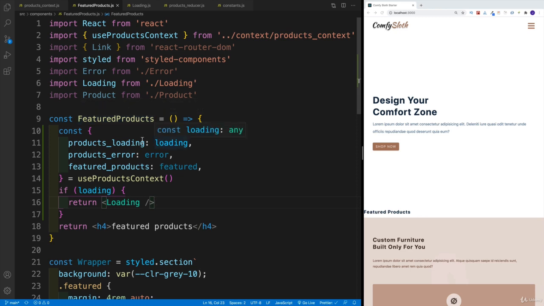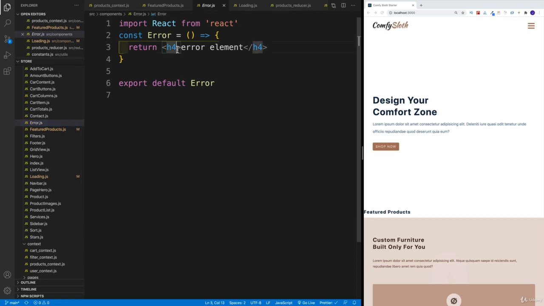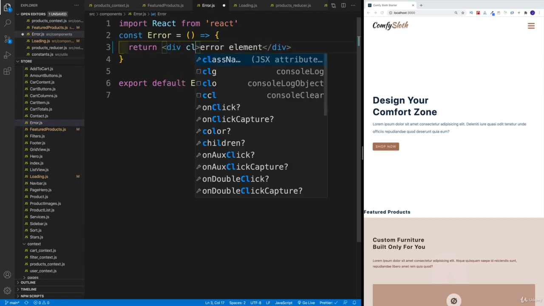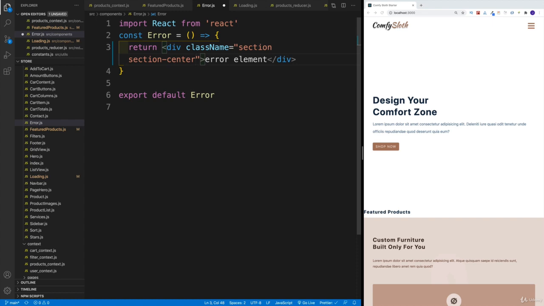So before we maybe set up the error in a featured one, we might as well just navigate there. Where is our error? Error, where you are. And it's right above. And as far as the error, same spiel, we'll go with div. And then a few class names here. There's going to be a section center, as well as the text center. So those are the 3 classes that I would want to add.